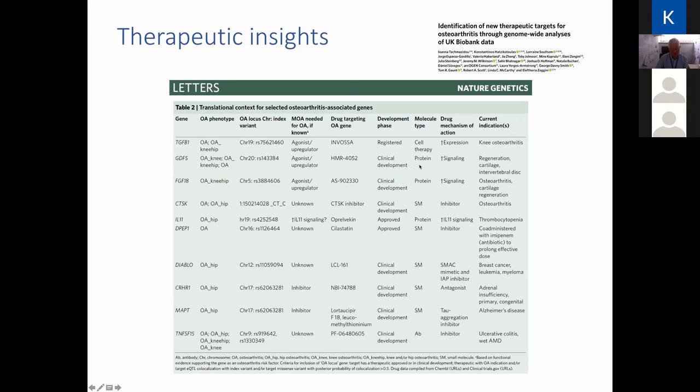GDF5, where you have protein that you can actually utilize, FGF18 and sprifermin. So there's plenty of examples now where we're getting signals from osteoarthritis genome scans, where you can then look to see what therapeutics are available. And that kind of gives us hope that potentially we could move towards applying some of these therapeutic insights in